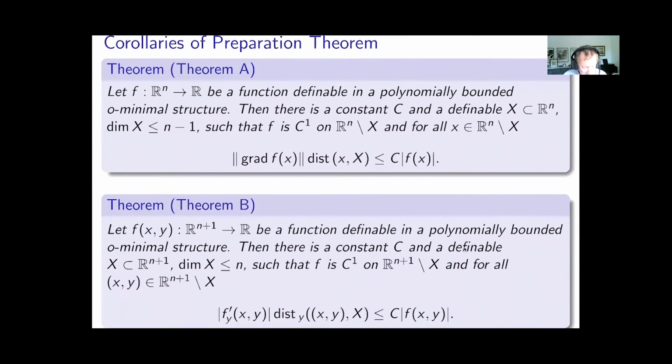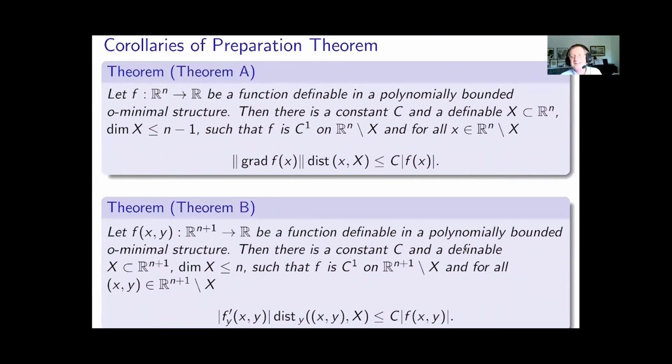People who were in Luminy recognize something. So the first property looks easy, but it's not as easy. If you have such a function, you can think of a subanalytic function, which is already non-trivial, definable. Then its derivatives can be bounded by f divided by the distance to some set which is of